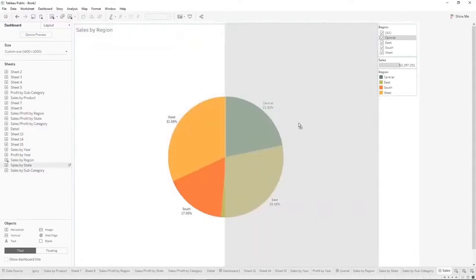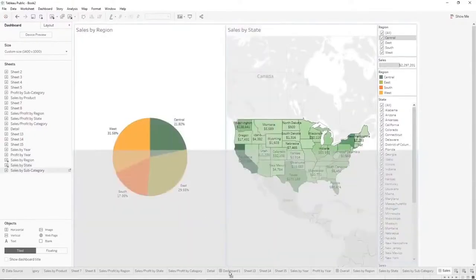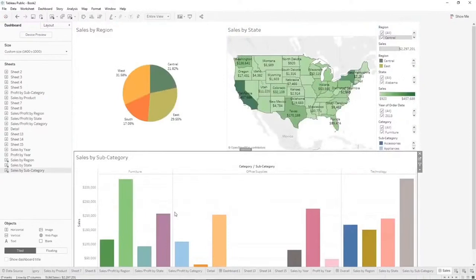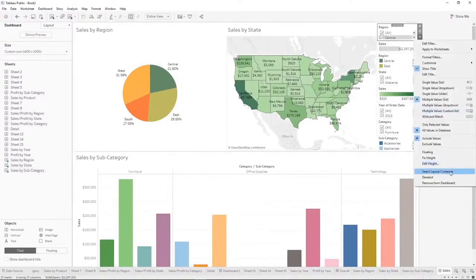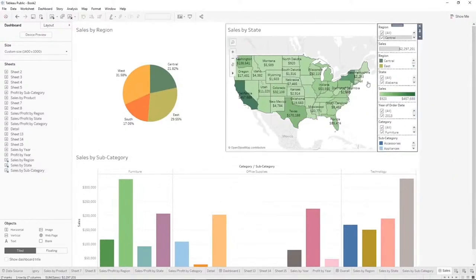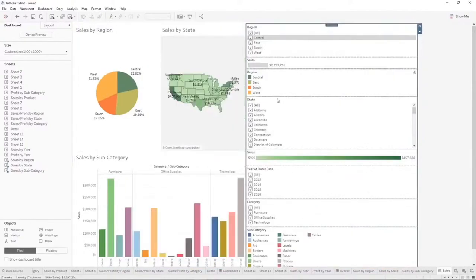Let's do our sales by state, side by side here, and let's do sales by subcategory underneath. So I dragged it. You can see how I pull it towards the bottom of the dashboard, and it kind of fills in the space where it's going to be and then brings it in. So now it's brought in all our filters and all of our legends. It defaults to putting the filters and legends over here. We're going to click select layout container. It's going to select what they're all inside of, and we're going to make it take up this whole side,